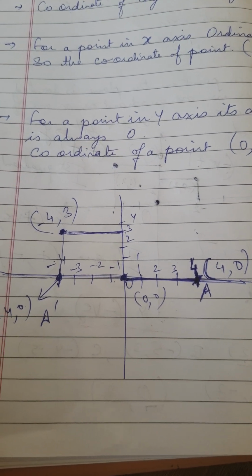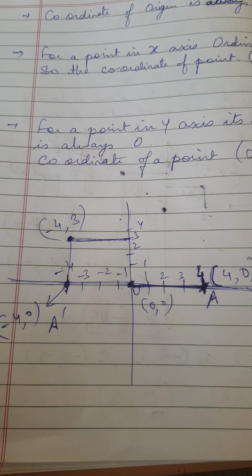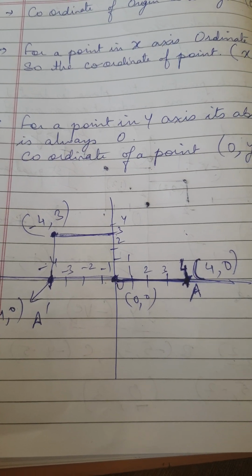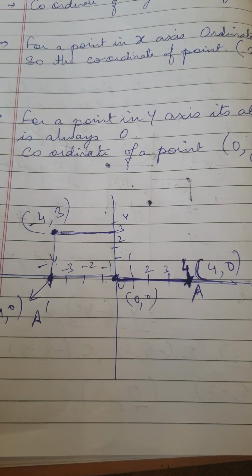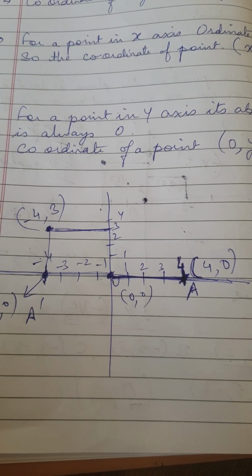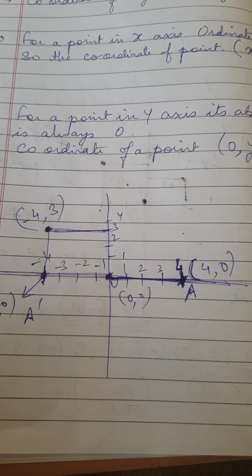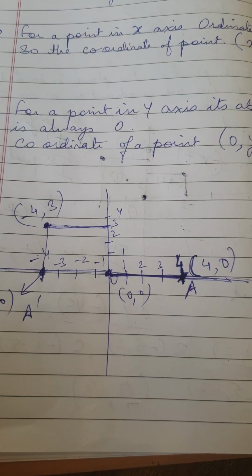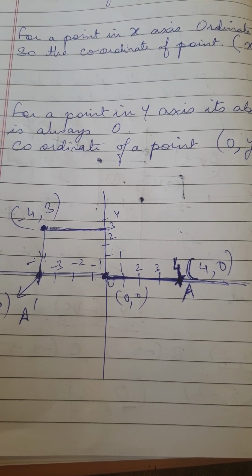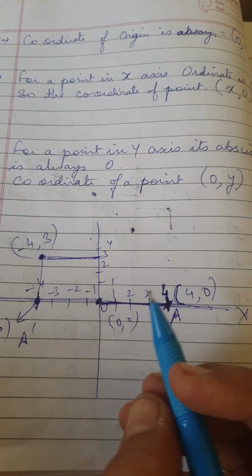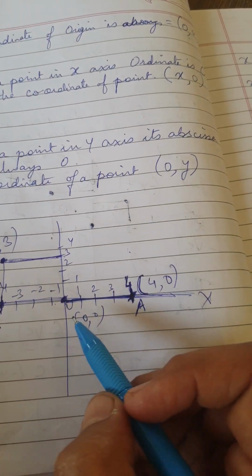So remember, for any point which is lying over the x-axis, there is some value for abscissa, but there is no value for ordinate, or we can say there is a value for the x coordinate but no value for the y coordinate. So the y coordinate value is always 0 for any point lying over the x-axis. Now similarly,